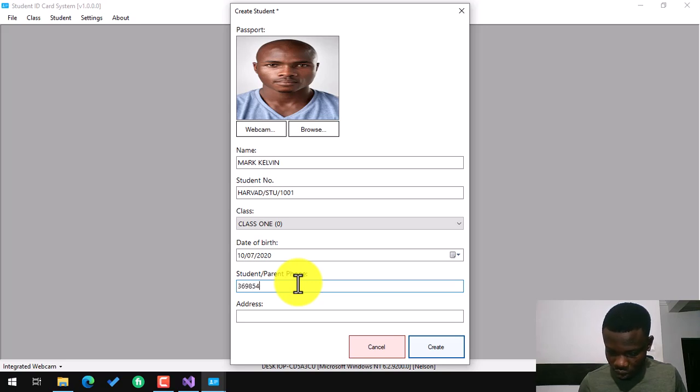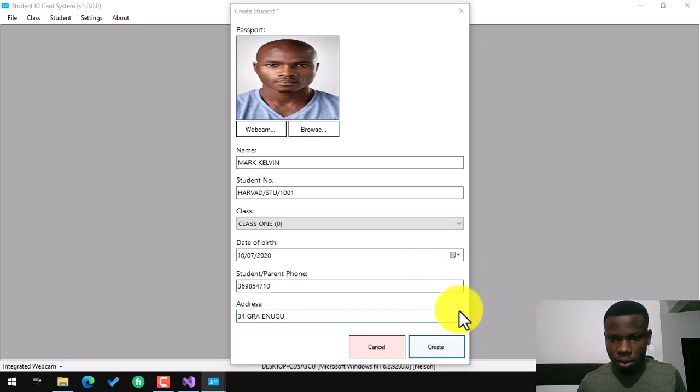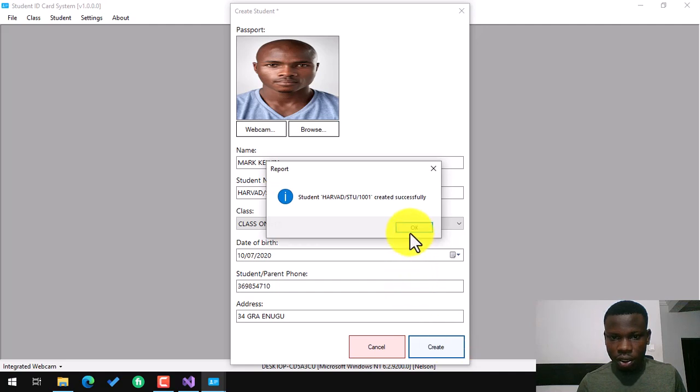I will enter a random number here, then I will also enter a random address here. So when you're done, you click create here, and the student records or the student's information will be